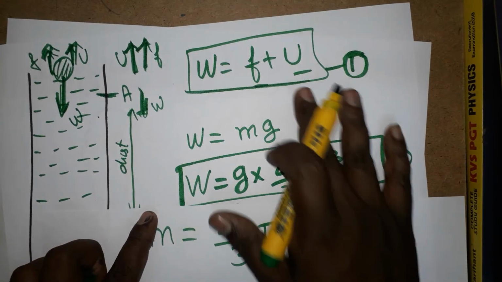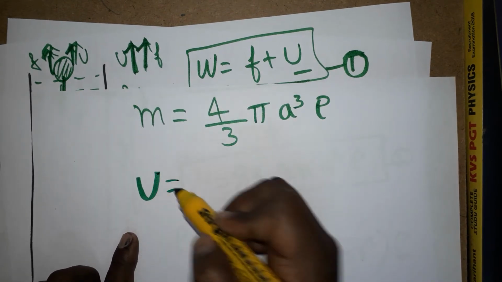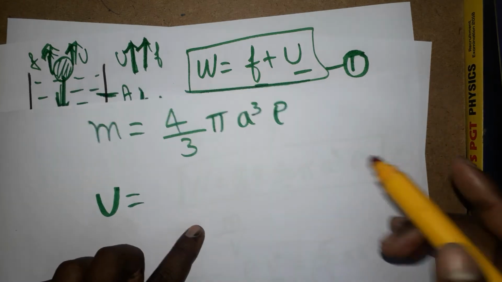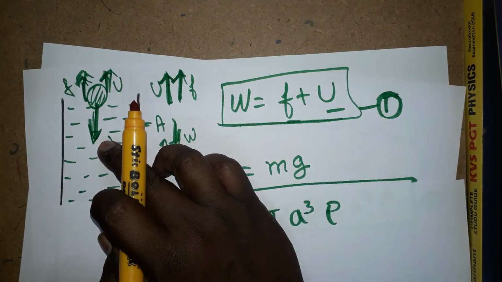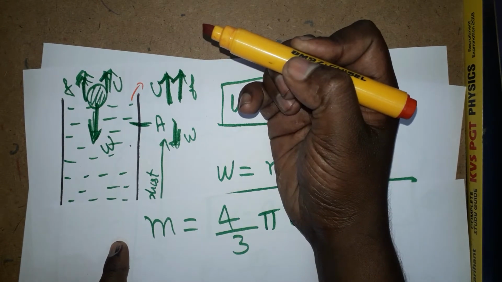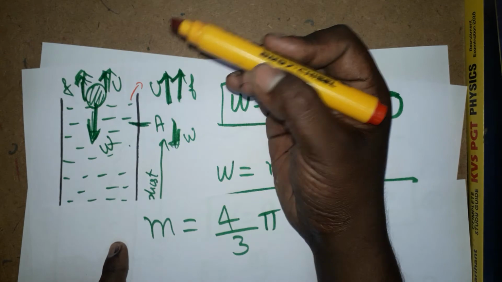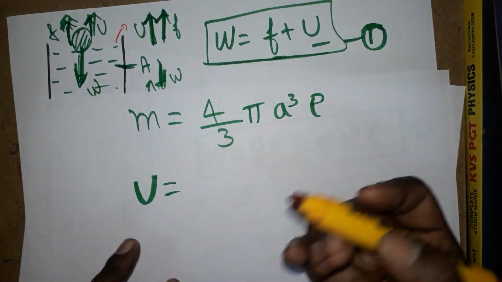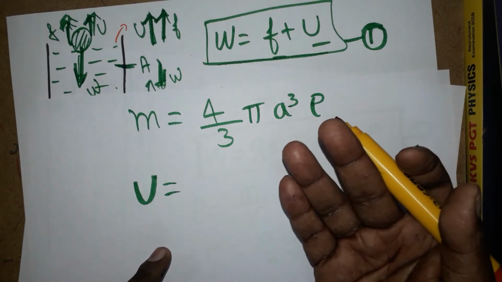Next we are going to see what the upthrust force is. If you want to know the upthrust force, you need to know Archimedes' principle. When an object is dropped inside a liquid, the weight of the liquid displaced is equal to the loss of weight. I will repeat again. When we drop the sphere ball inside the water, the water overflows. The liquid displaced is equal to the loss of weight inside the water. It is called upthrust by Archimedes' principle, and it is equivalent and opposite to the weight.